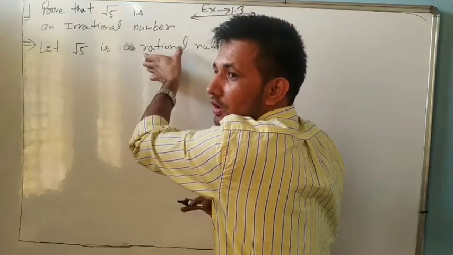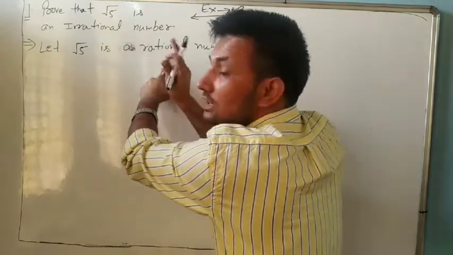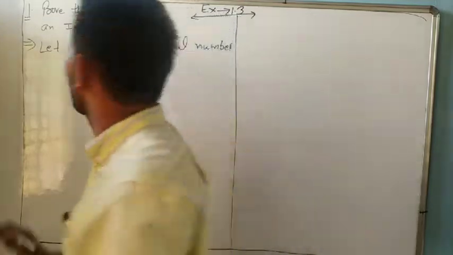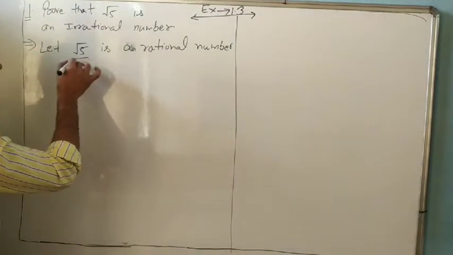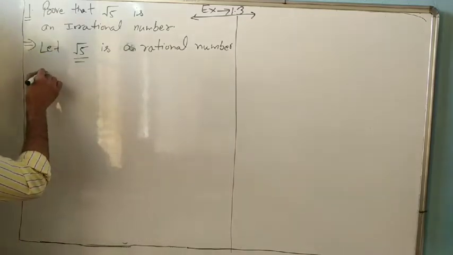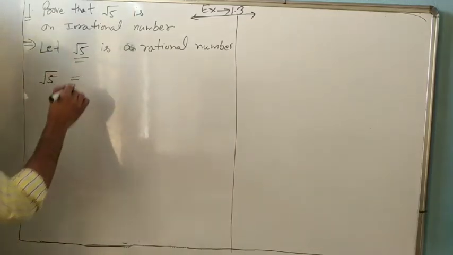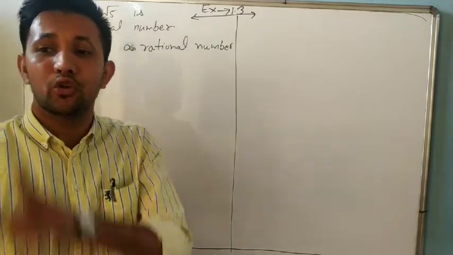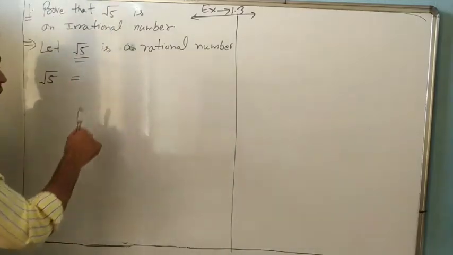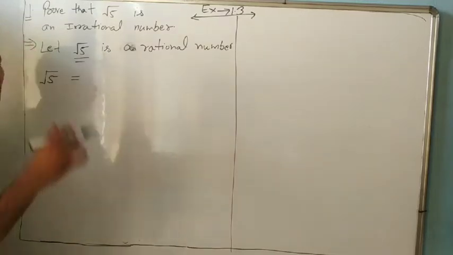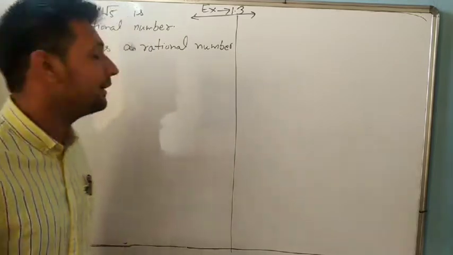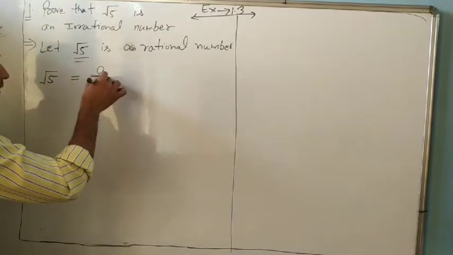Okay, it was wrong. And if it is wrong, if it is not rational, that means it is irrational. So what will we do? Look, everyone knows, if root 5 is a rational number, and what is a rational number? A number which can be written in P by Q form. Can you write it in P by Q form, or A by B form, or C by D form? So can you write A equal to B?